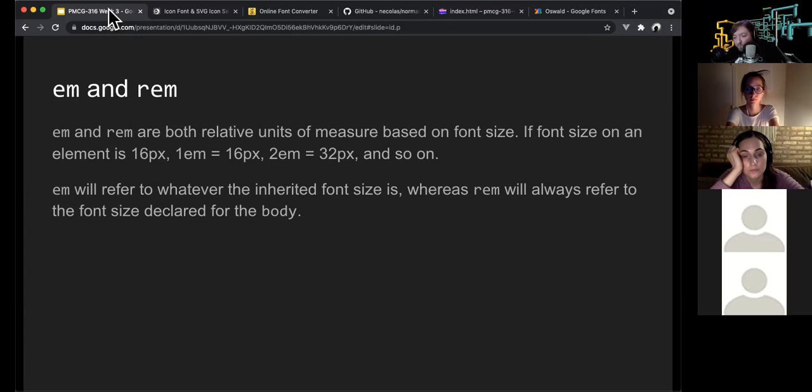Wait, can you repeat that again? I'm getting confused. Sure. You said 1em equals 16 pixels. So 1em refers to whatever,